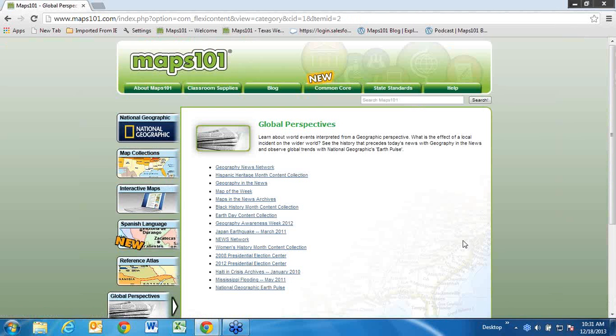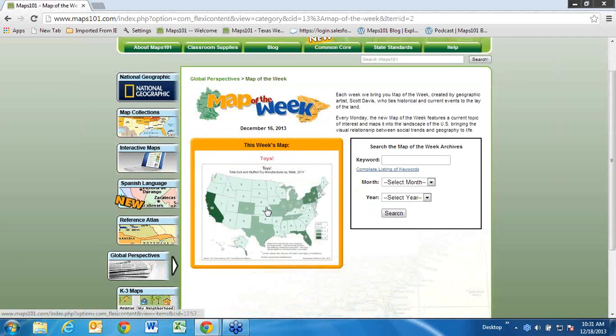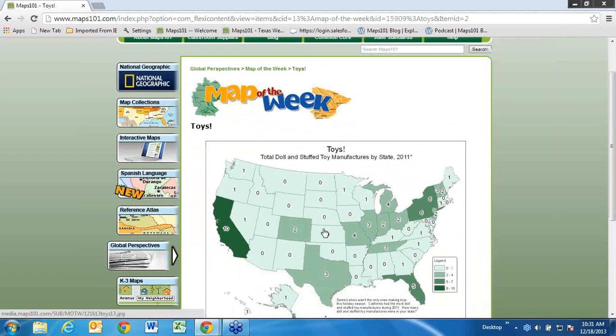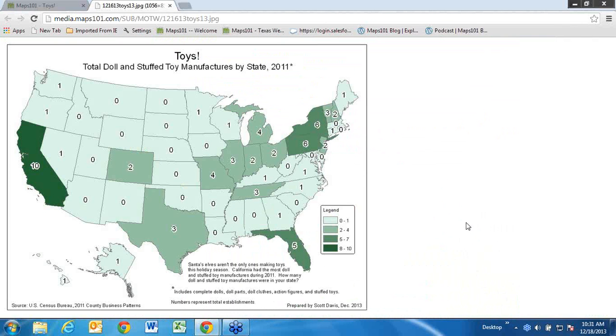And finally, in Global Perspectives, I want to show you my favorite section of Maps 101. This is the Map of the Week. It comes out every Monday morning. Our geographic artist, Scott Davis, brings you a new Map of the Week, tying current and historical events to the lay of the